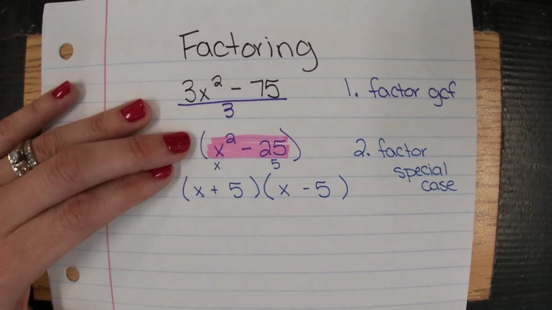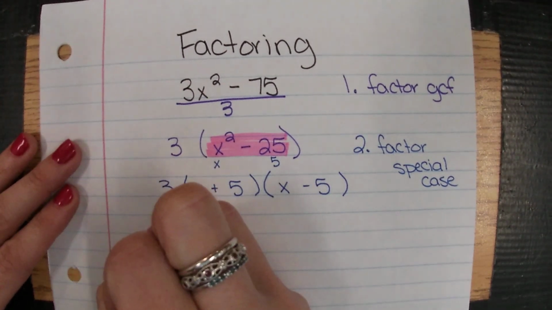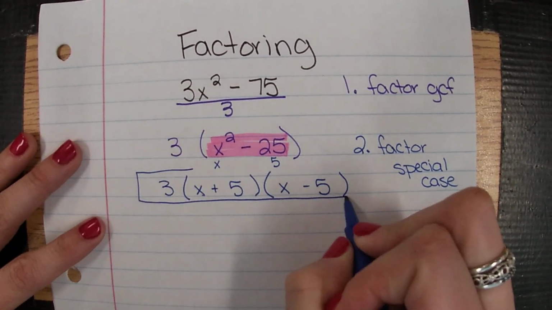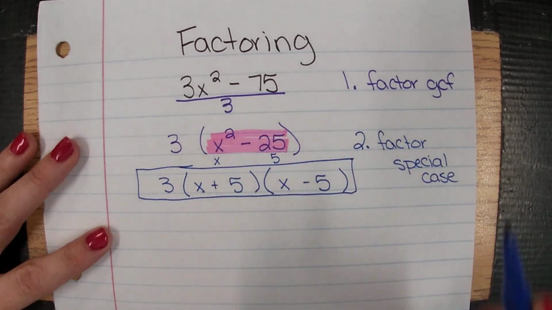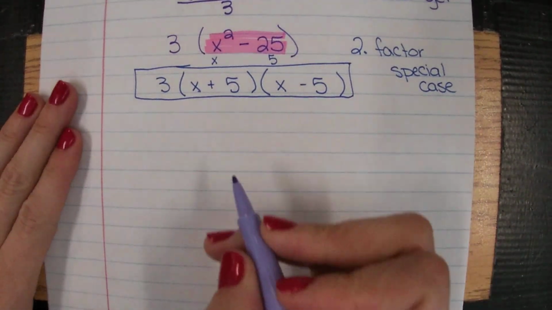Now in our last video notes, we said we can't forget this GCF in front, so we're going to bring down this 3, and we'll get a final factored answer of 3 times x plus 5 times x minus 5. Okay, so let's look at another one. Let's say we have